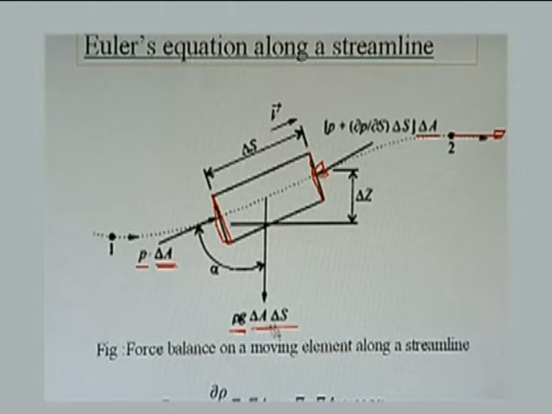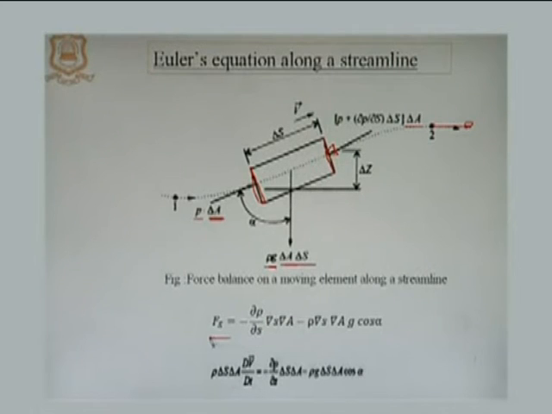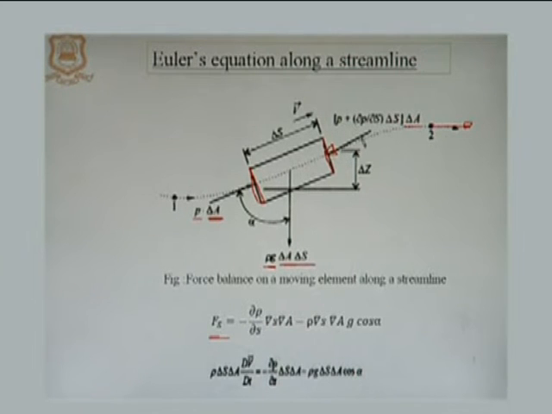Volume of the fluid element is delta A multiplied by delta S. This is acting downward, and if this angle is taken as alpha, then we can write the momentum equation in the direction of S. We have to write the forces acting in S direction equal to rate of change of momentum in S direction. So what is the force acting in S direction? Force acting in S direction is equal to this force P into del A, and this force minus,